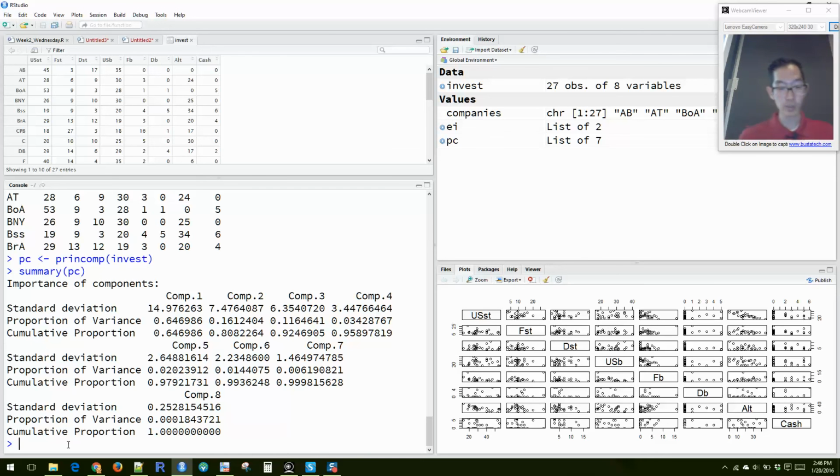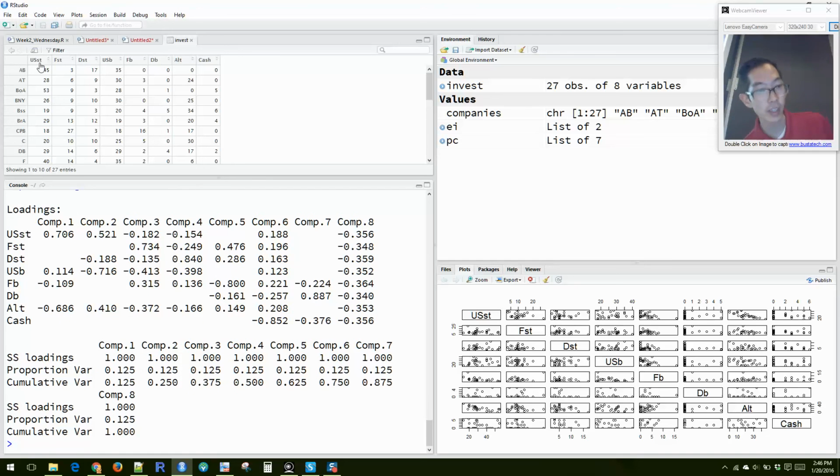We can ask for the PC loadings. Okay. So these are the factor loadings on the principal components. Okay. And so what loadings are: basically, in our original data we have 8 columns, right? 8 variables. How much do those 8 variables factor into this principal component? Okay, so for the first component, component number 1,